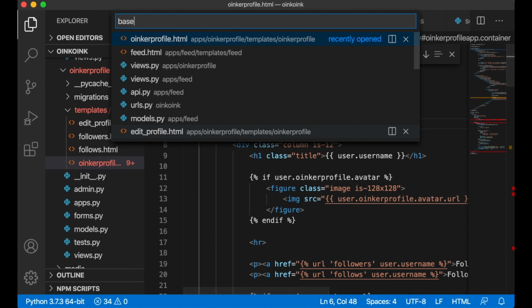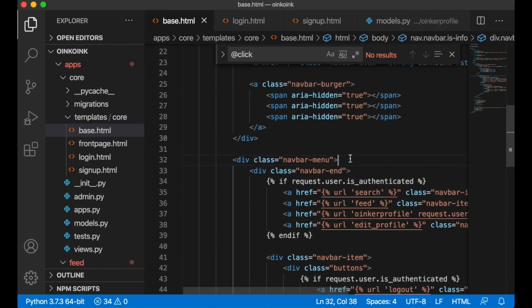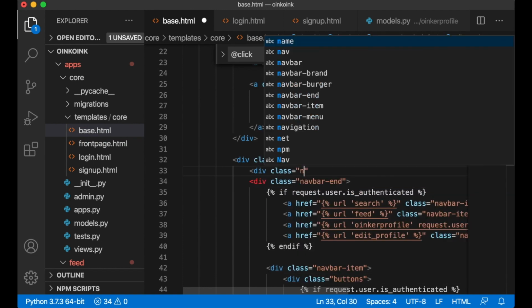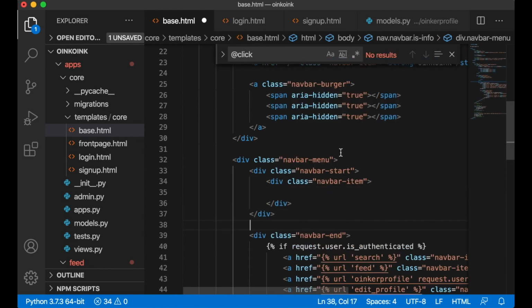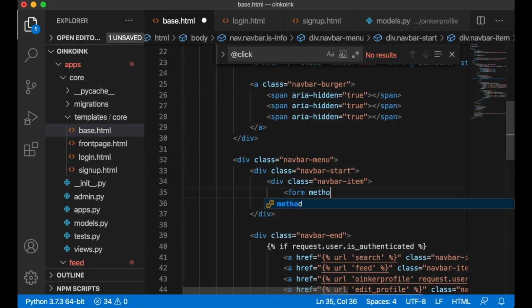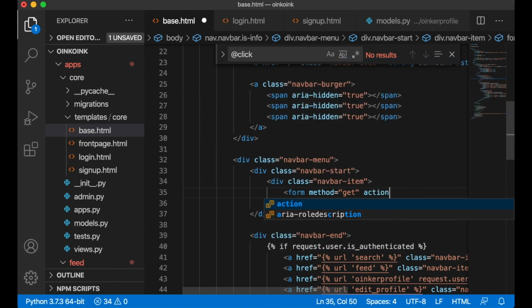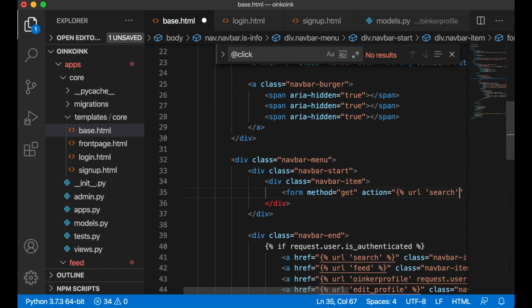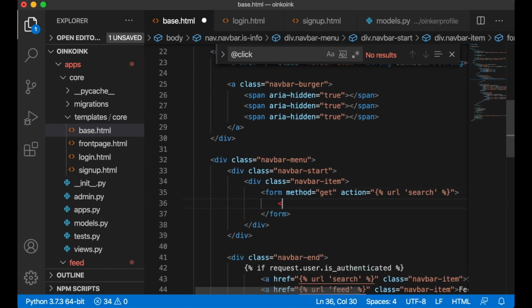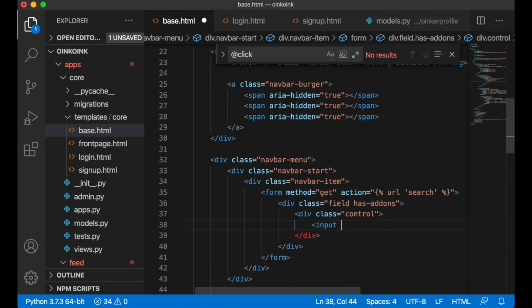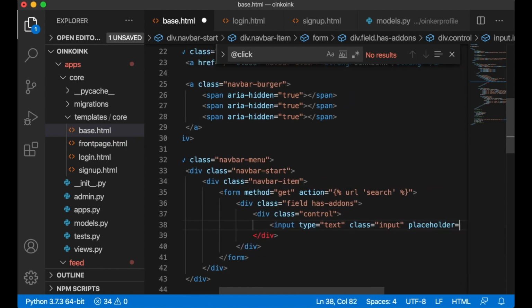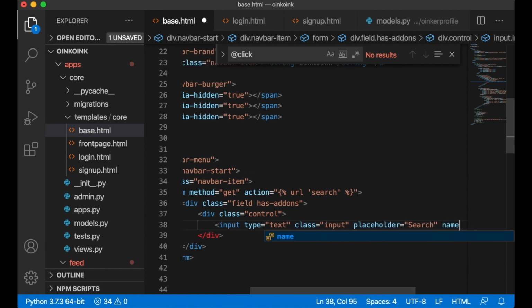So if I go to base.html and above here I create a new element, div class navbar-start, div class navbar-item, and in here I create a form method get, action url search, to point it to that path, div class field has-addons, div class control, input type text class input, placeholder is search, name query,